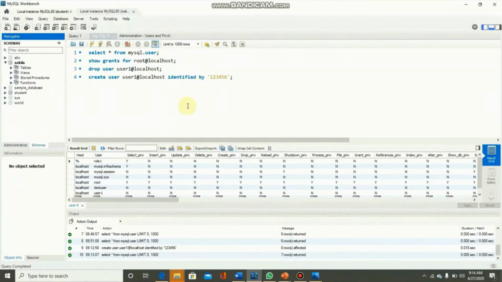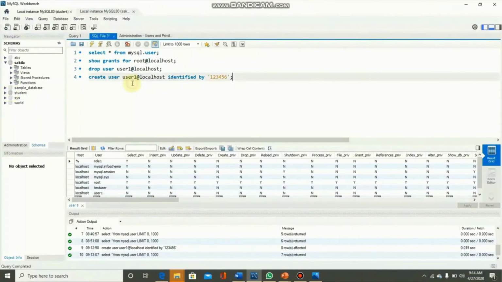In this tab we are using root as our user and we can access all these databases and contents inside these databases.